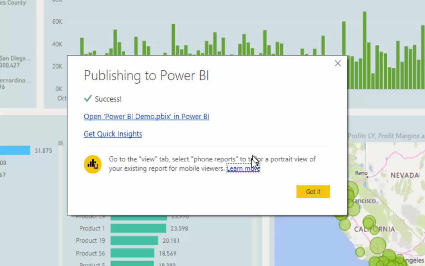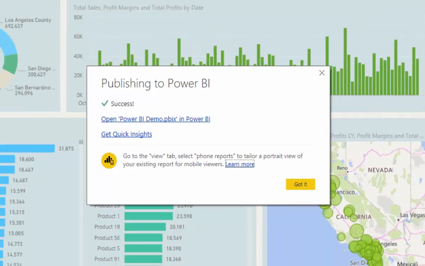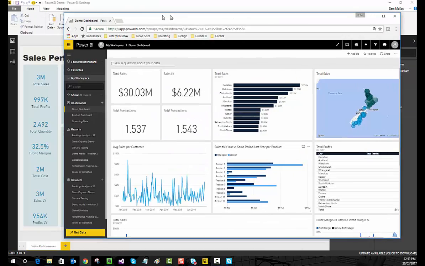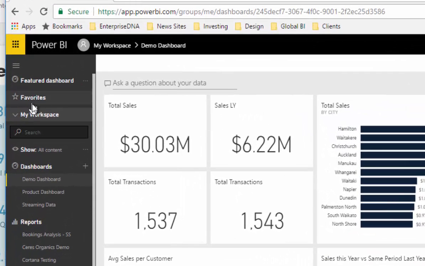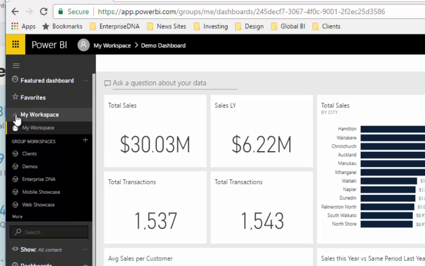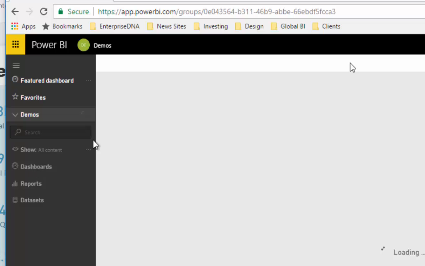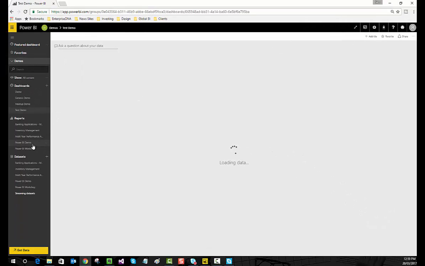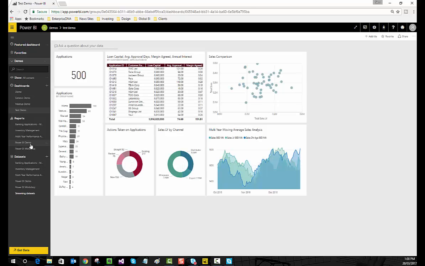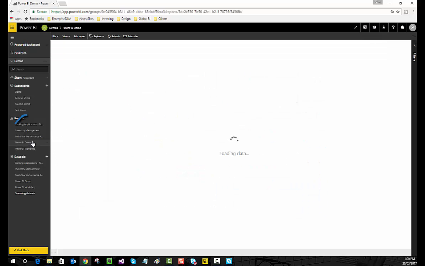So you can access it a number of ways. You can select one of these things, but you can also just log into your portal and you will see something like so. This will be your online portal. Currently I'm in my workspace, but if I select in the top left hand side here, you'll see that I have all my group workspaces. If I click on demos, and I navigate to the report,